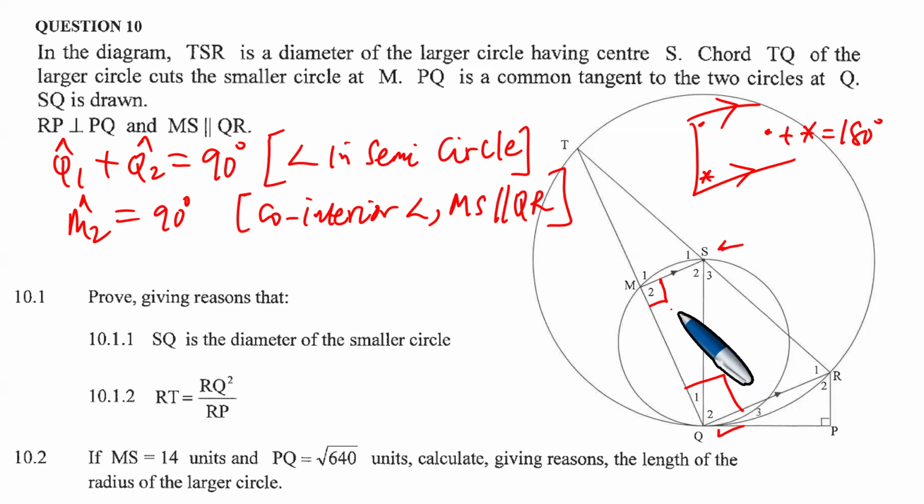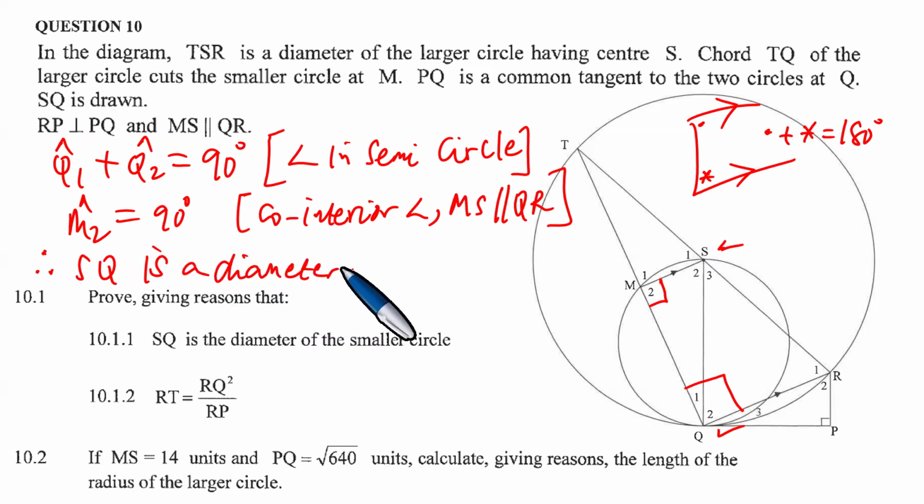Moreover, we have that M2 is actually 90 degrees there. Okay, but now it means therefore this SQ here subtends an angle of 90 degrees at the circumference of the circle. Therefore, good students, SQ is a diameter. So we have been able to show that this SQ is the diameter because it subtends an